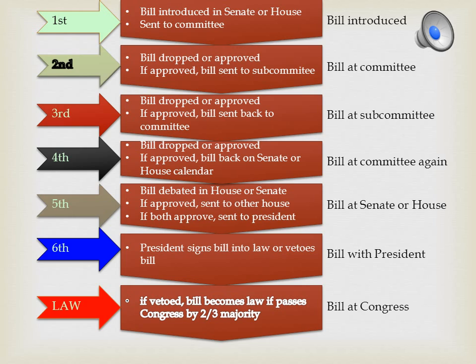Now, after the debates, it could be approved. We don't know. If it is, the president could choose to sign the bill into law or veto the law. It's called a pocket veto. He or she doesn't sign it. The president could send it back with reasons why they didn't sign it. And it could go back and be discussed. And actually, they could override the president's veto with a 2/3 vote.